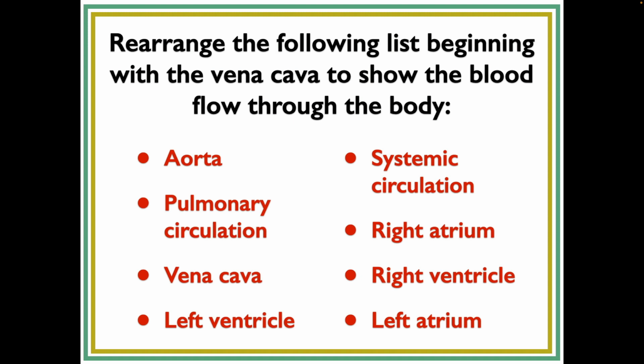let's see. So, Cody, what I want you to do is you can start anywhere you want. You could start with the aorta if you want, or actually any place you want. And then just say what comes next. Start with the vena cava. The blood goes through the vena cava. What's the next place it goes after that? Okay, so it goes from the vena cava,